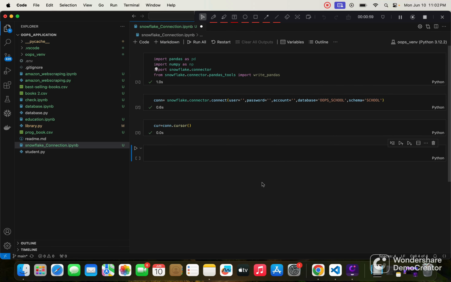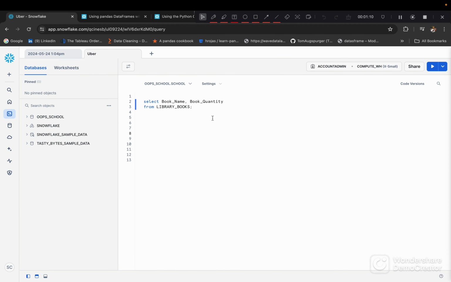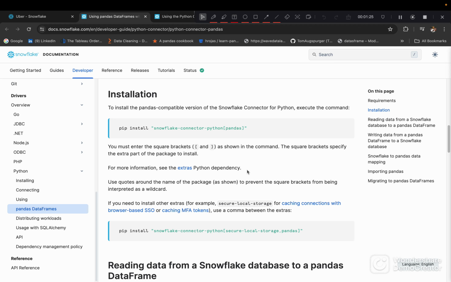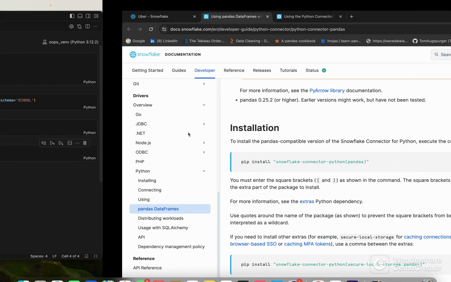So to connect Snowflake with Python, first we must have a Snowflake account. Snowflake provides you a 30 day free trial and you can use it for free. Once you create your account, you just have to go to the Snowflake documentation, and from there install the Snowflake connector, that is snowflake-connector-python pandas. Just copy this command from here, go to your terminal,